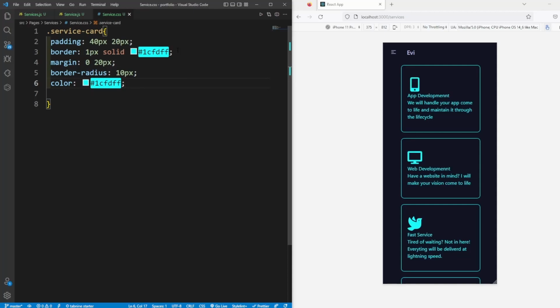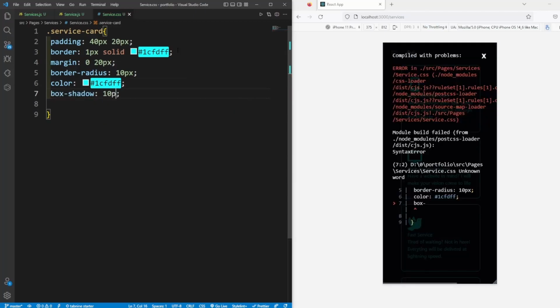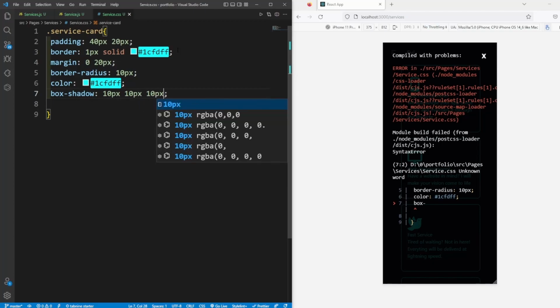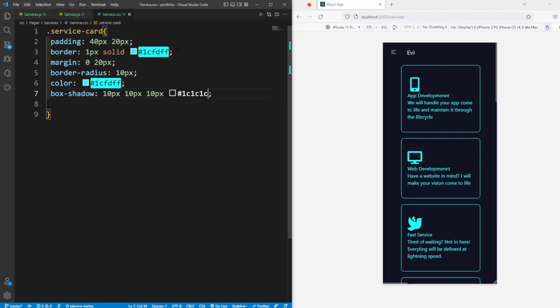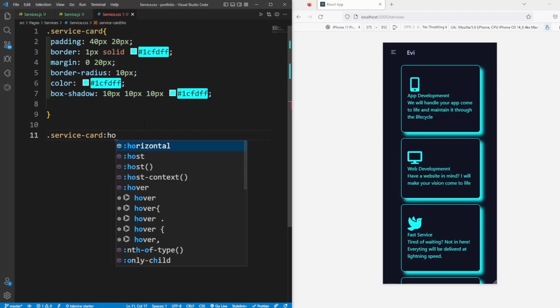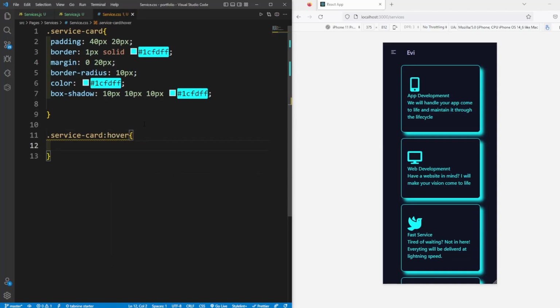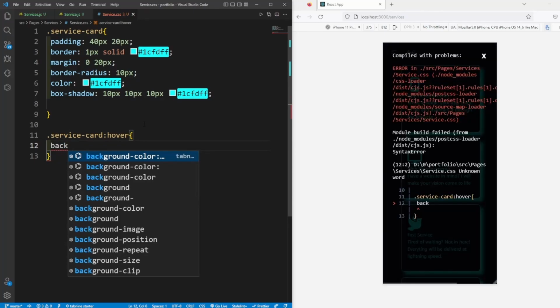Okay, box shadow is going to be 10 pixel, 10 pixel, 10 pixel. No, not this color. Now this is the box shadow. And now service card dot hover, when you hover over it, the background